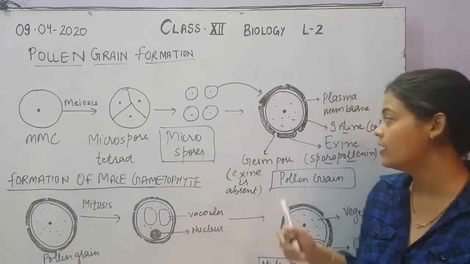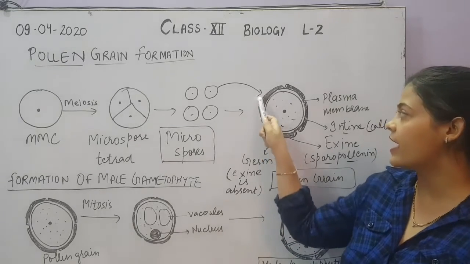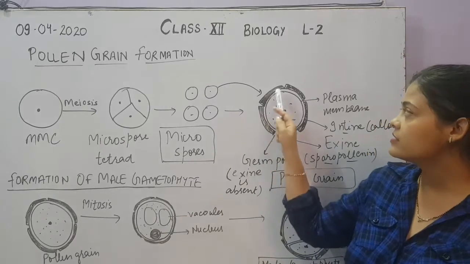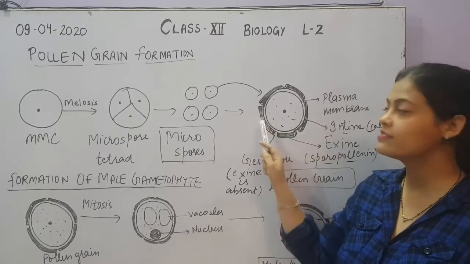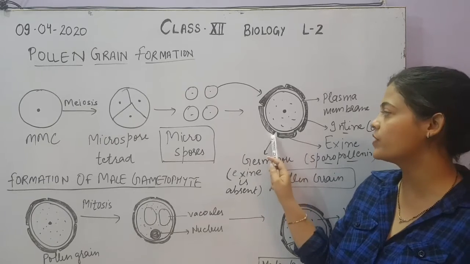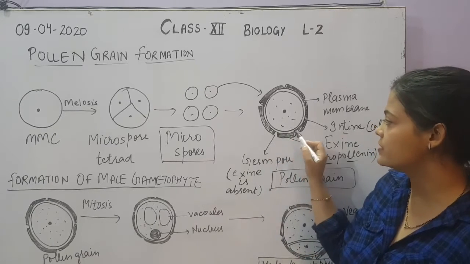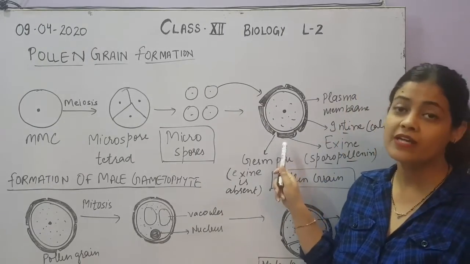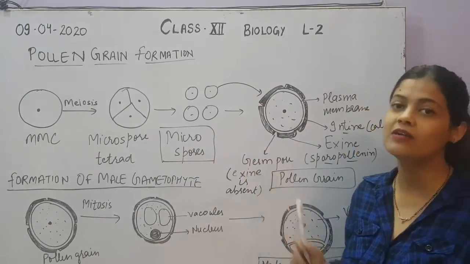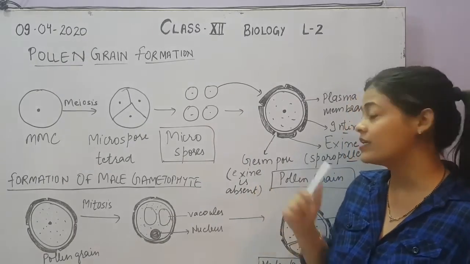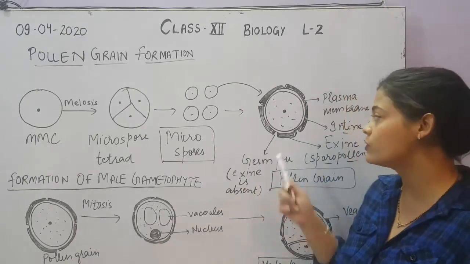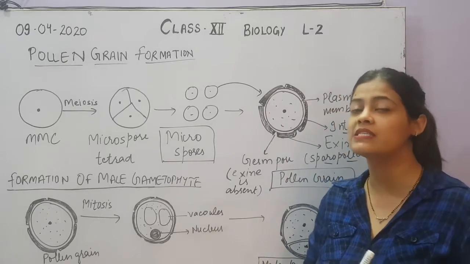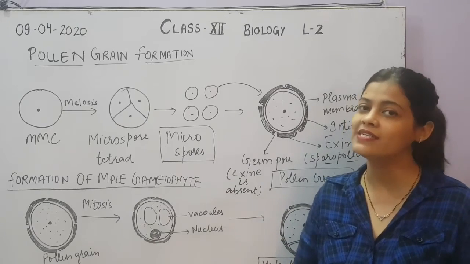not destroyed. Now one important point here, you can see the exine is not continuous around the intine. There are some pore-like structures present in between, where you can see exine is not present. So you can see these gaps in between where exine is not present. So what are these gaps? These gaps are actually called germ pores. So what is the purpose of having germ pores here? Because you know that the pollen grains act as male gametophyte. Male gametophyte means a structure which carries male gametes in it.